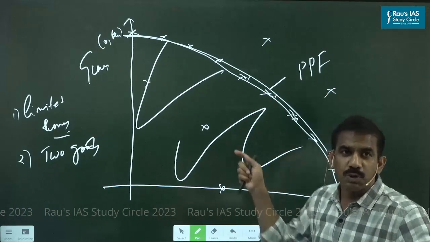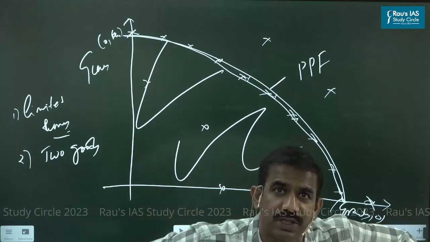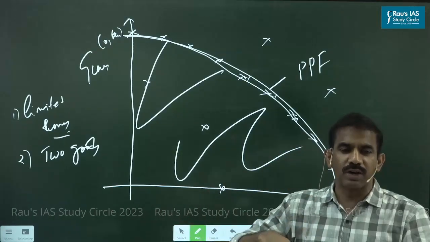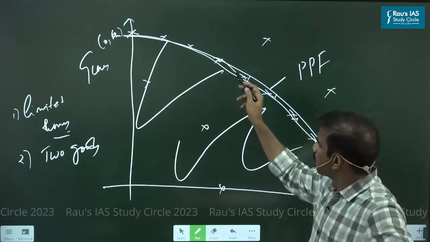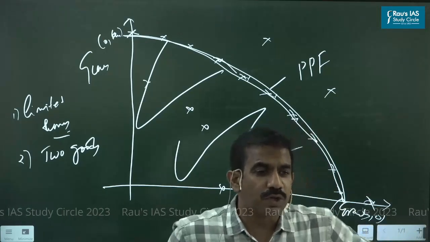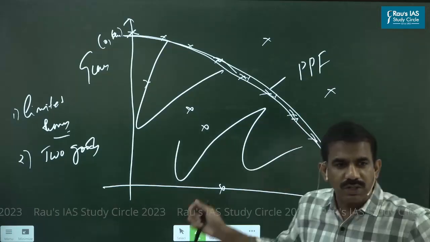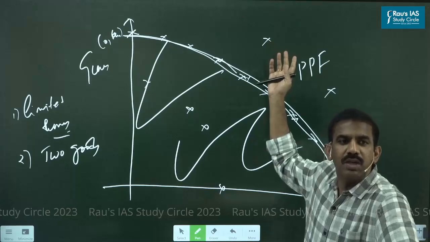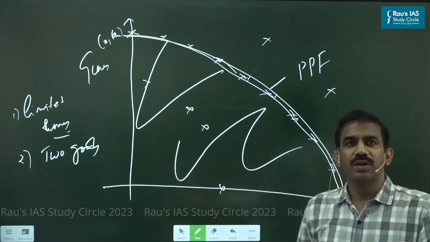Anything produced below this, it means you are inefficient in allocating or utilizing your resources. Can I say so now? Anything below this particular curve means you are quite inefficient, because this is the maximum you could produce, but you happen to be underemploying your resources, and hence you're producing quite less than what you're capable of. So this is inefficient production, and this is the efficient production level, and this is something not possible to achieve. Is that clear now? Any doubts?